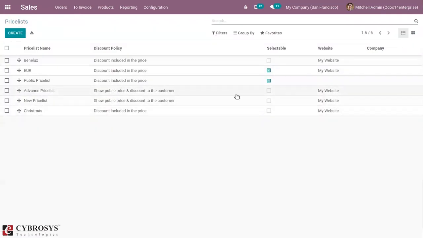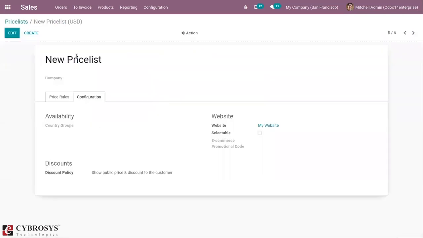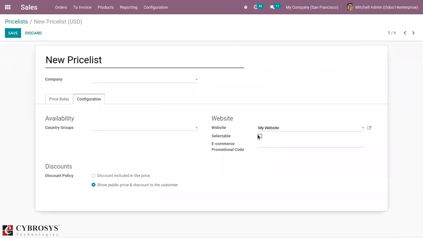We can also make this discount selectable in the website, that is, we can make this discount selectable to the end user.